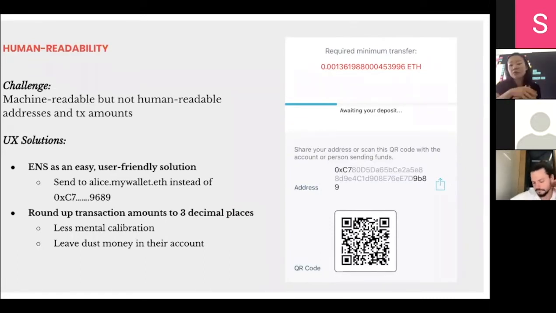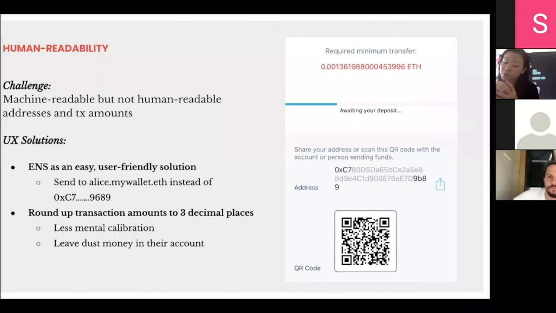Transaction amounts. If you look at the little diagram on the right, this is a screenshot from a project that I really, really love and respect, but their interface is extremely hard to use because just even look at the number of decimal points in the transaction amount, and you don't actually need that many. I think just the cognitive load of looking at these many decimal points just drives up the unusability of it all. So try to reduce it to maybe 3 decimal places at the maximum to encourage less mental calibration,